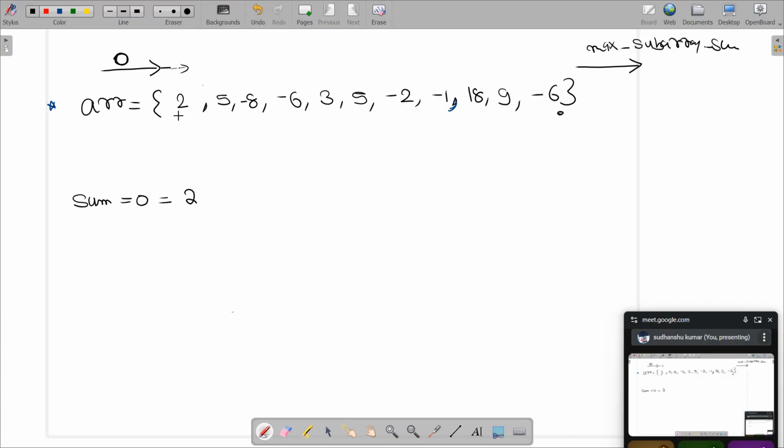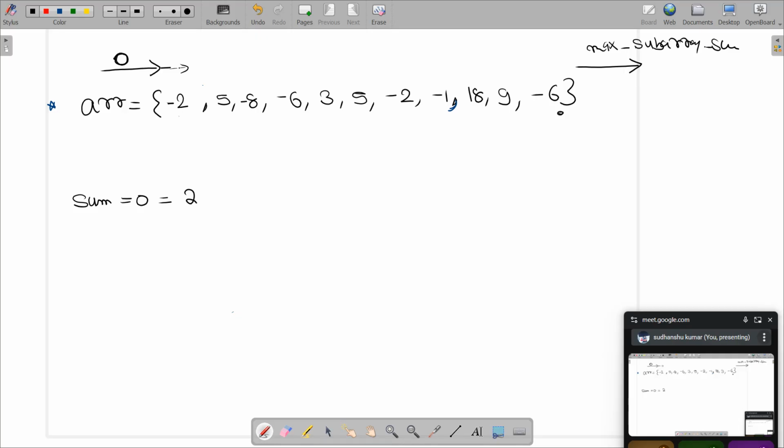Whenever any element comes up, since we are talking about a subarray, continuity needs to be maintained. You cannot go to this 2, let's say that if this 2 happens to be -2, and say that okay, I will not allow you to contribute in the sum. That's not going to be the case. The moment you do it, you have broken the continuity.